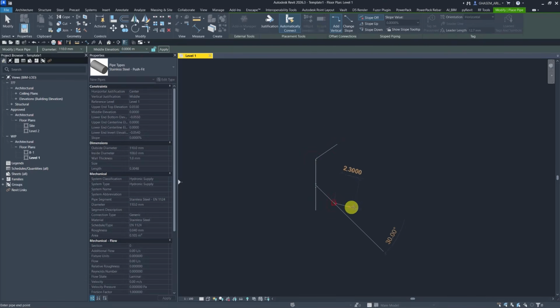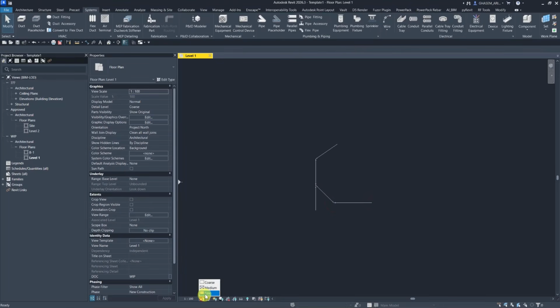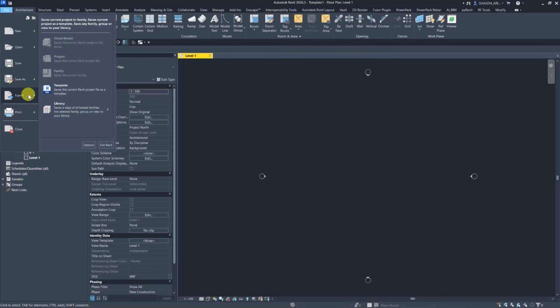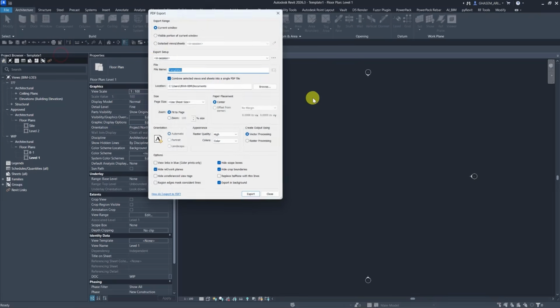See, now it's working, guys. We can set the pipes here. All right, I just wanted you to see this. I'm going to remove them for now. All right, next up here from files, I'm going to click on export, PDF, and we can specify some settings